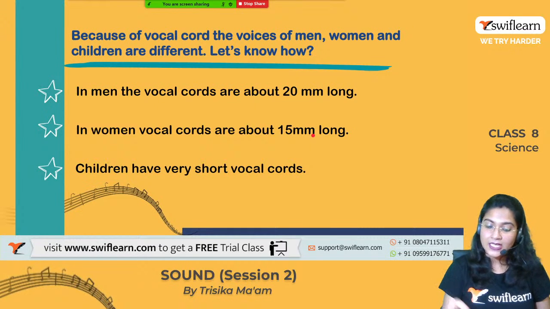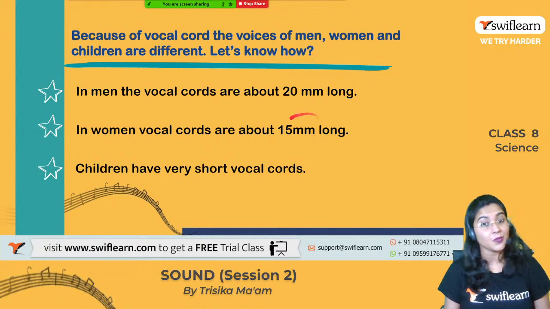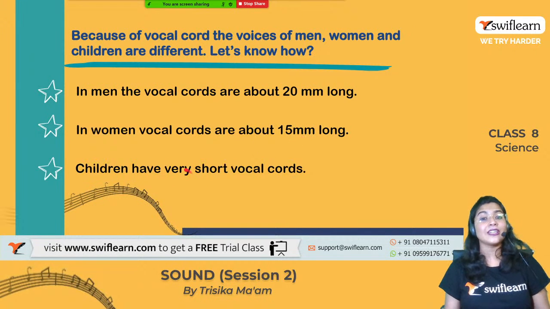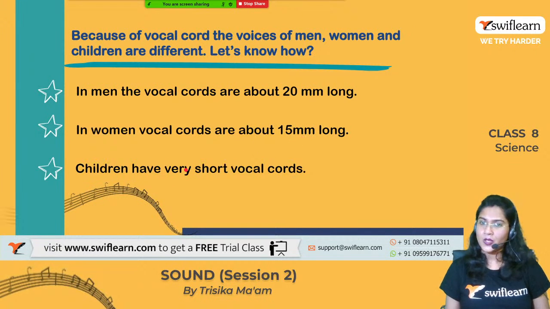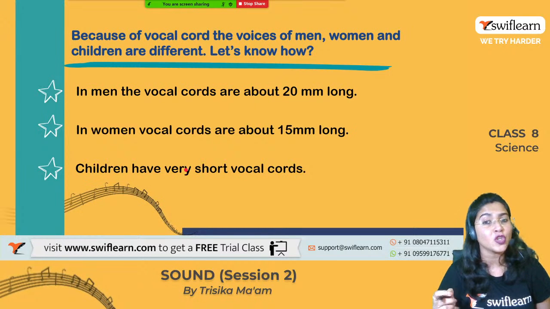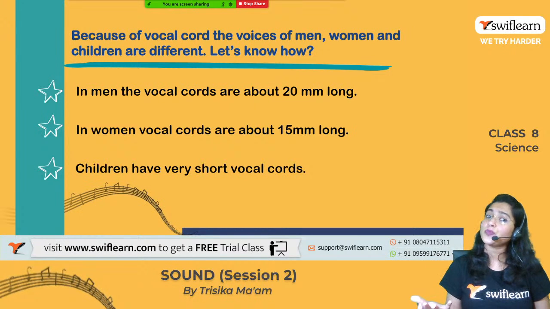Okay, a shrill sound. Fine. So it is smaller than the men's, right? And in case of the children, it is very short. Okay, so the vocal cords are very short, and that is why the sound which is produced by the children